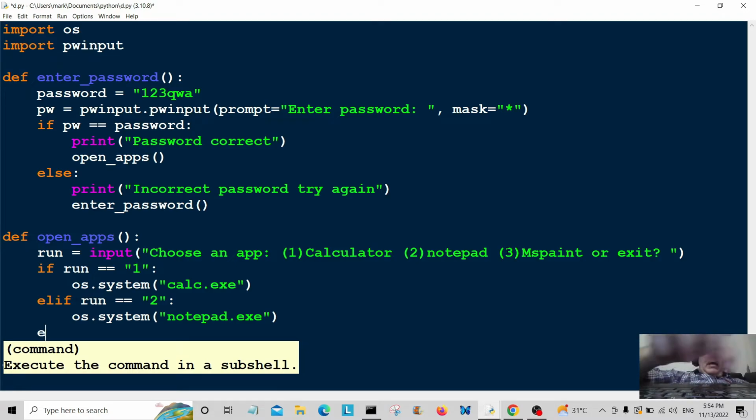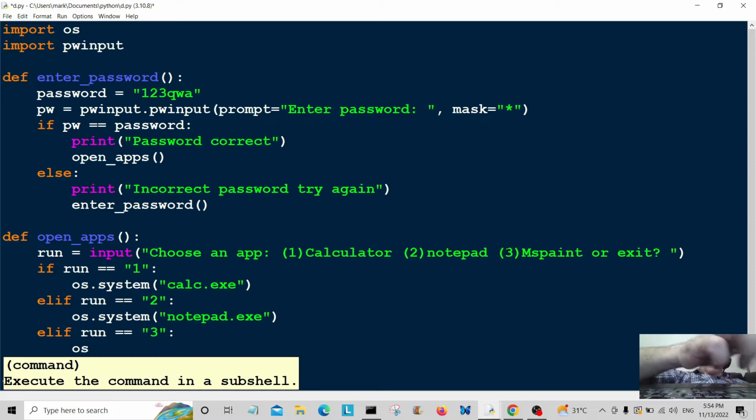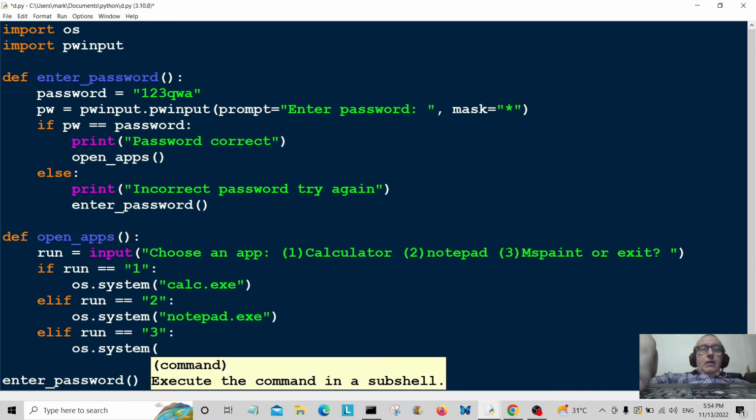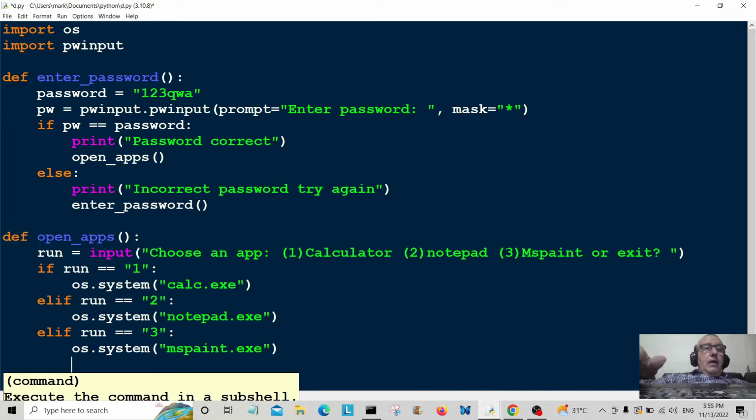So elif run is equal to 3. os.system is going to be, that's Mspaint, so that's going to be Mspaint.exe. And the last condition we have to do, well, the second to last, elif run